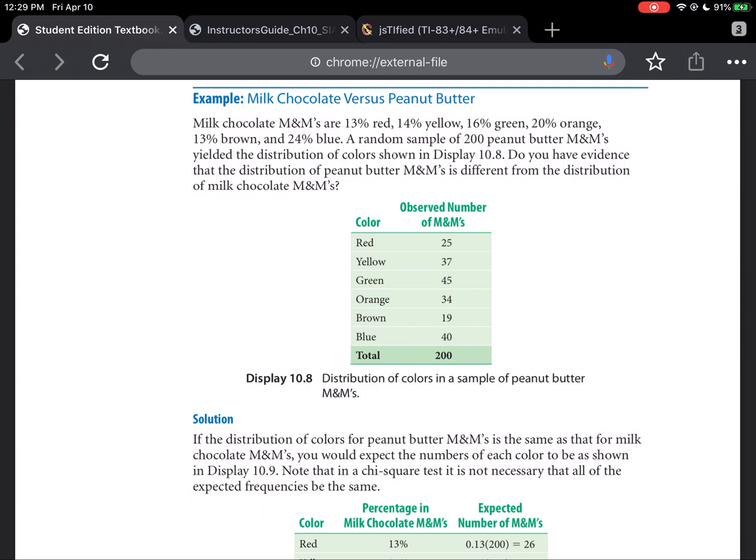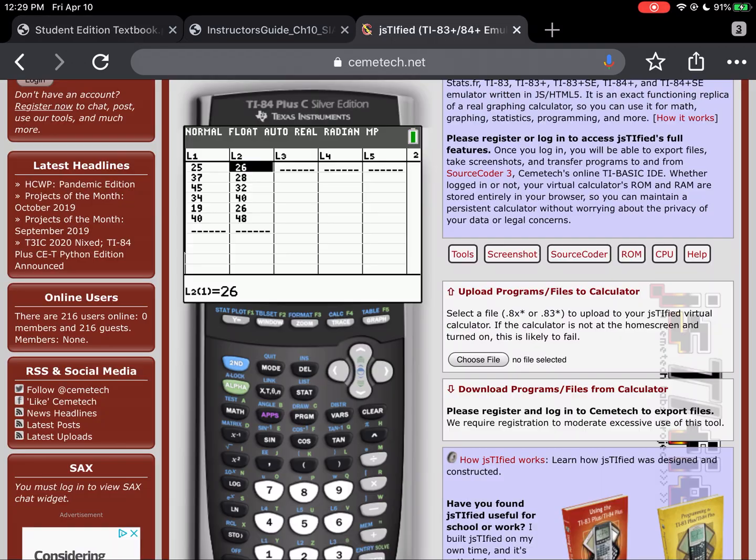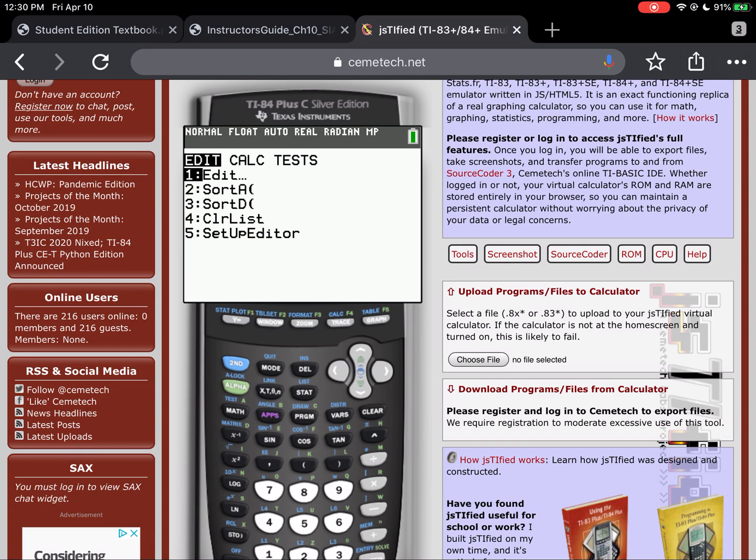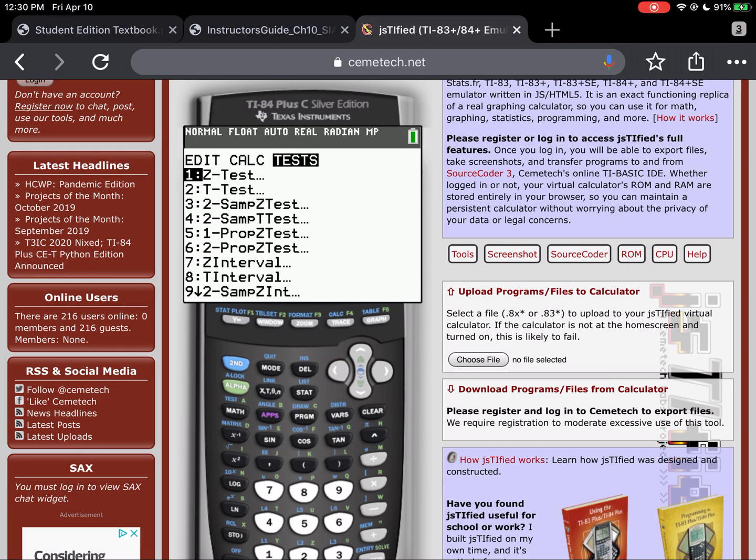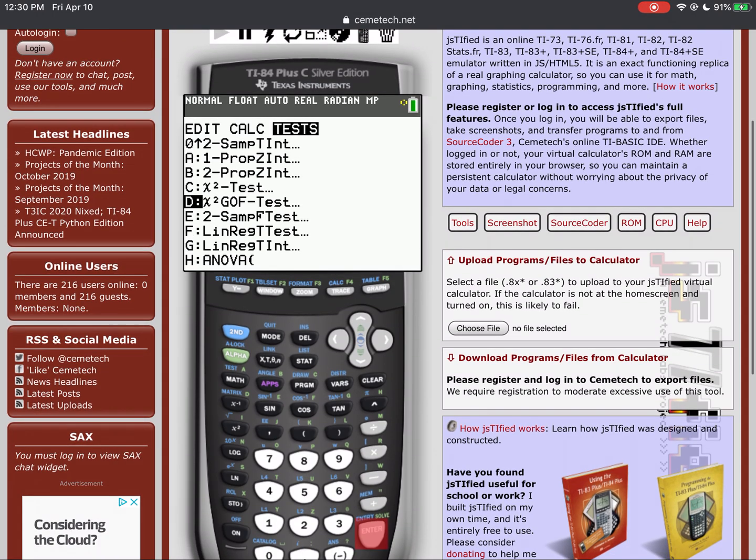Okay? Yes, you're going to have to write out the words. They're going to have to be sentences. There's no quick symbols for any of this. All right? But we're ready now. We can go ahead. We can click on the stat button. We can go over to tests. We can go way down towards the bottom to the goodness of fit test, which you will see on my calculator is option D. It's going to ask me,